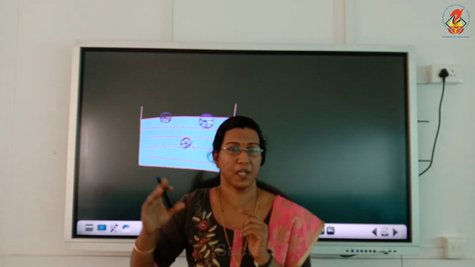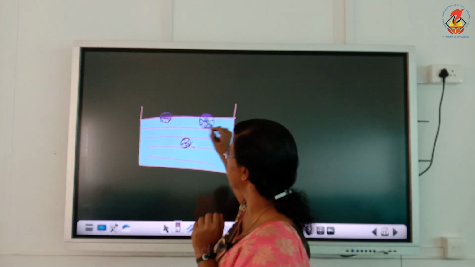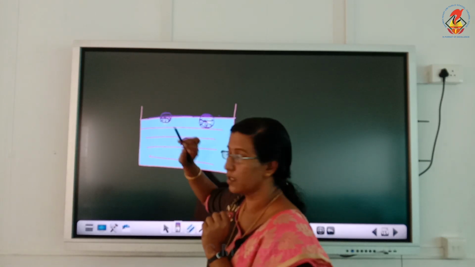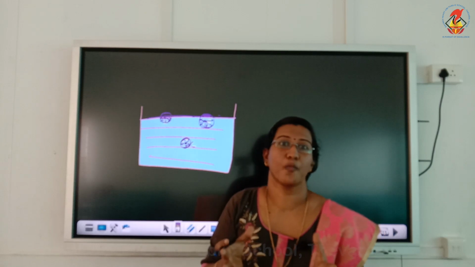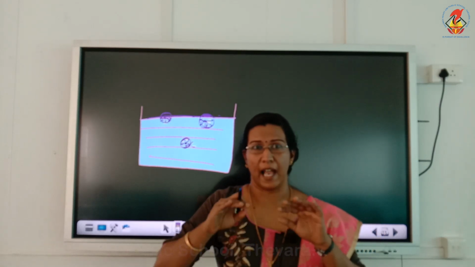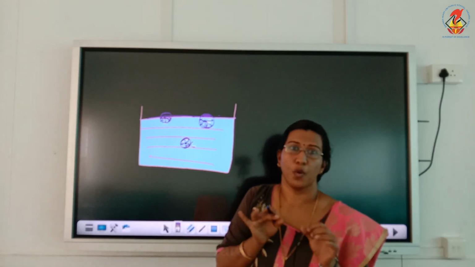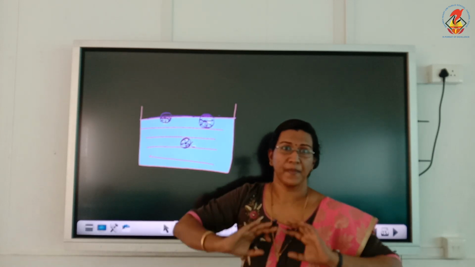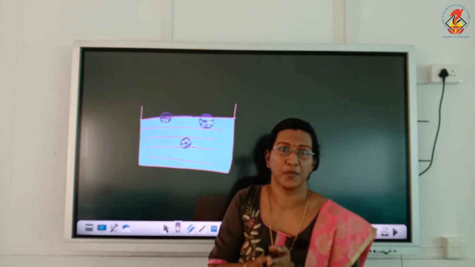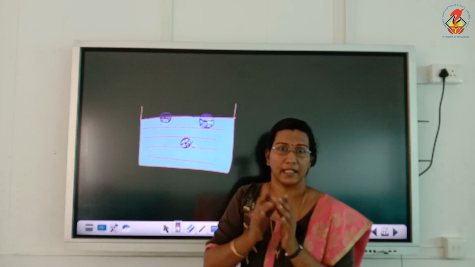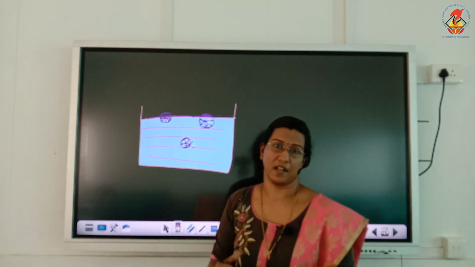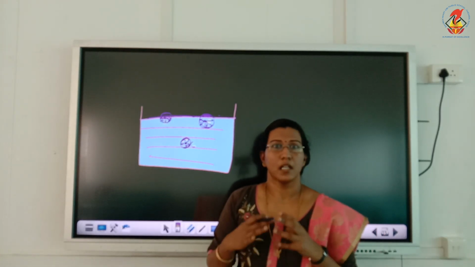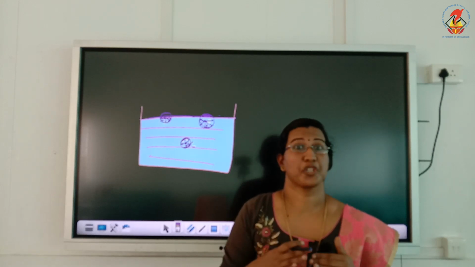So what is the option to minimize the energy on the surface, because there will be plenty of molecules? To minimize the number of molecules present on the surface. And for this, what happens? The fluid acts like a stretched membrane and tries to attain a spherical shape to minimize the area. And this is the reason for surface tension. This is the reason why the surface of the liquid acts like a stretched membrane.